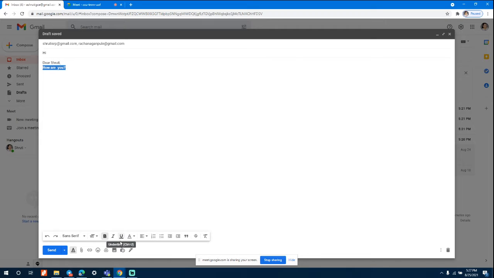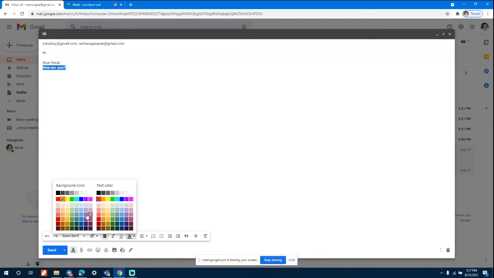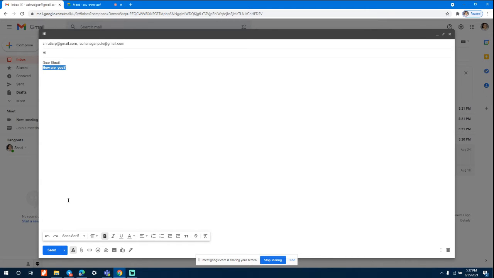Many times we write something and we want to highlight a particular thing because it is important, so you can make use of the highlighter there. We do not have a highlight option in Gmail, rather it comes as the background color. So that is how you can highlight your text. Indentation is there. You can left, right, or center align. You can add bullets. All these things can be done.